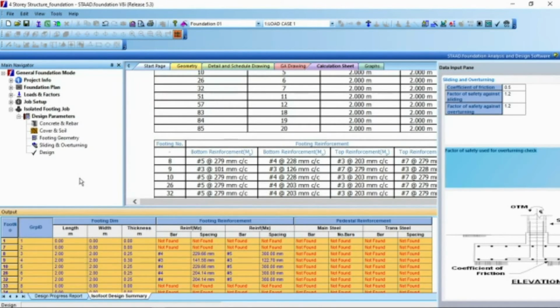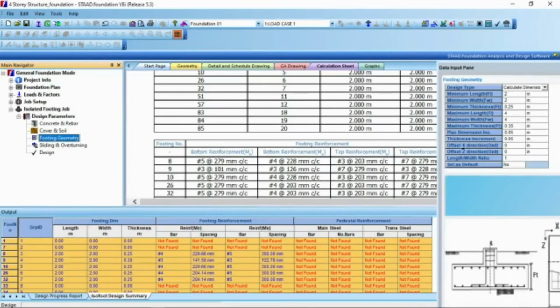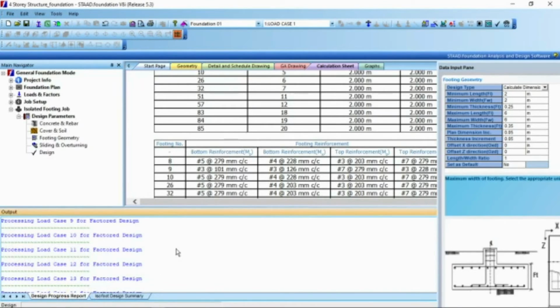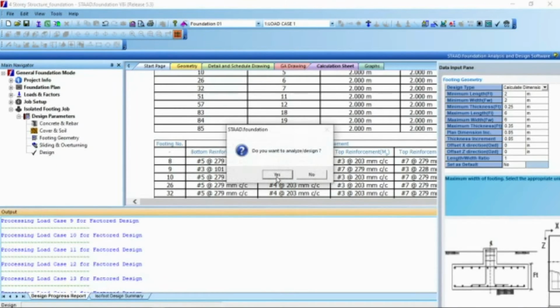So we will check for this one. So let's go to plotting geometry. So instead of maximum length and maximum width, change it to 5. Let's see what happened. 5 meters. Or let's just have 6, because if we were going to fail, we will do it again. So let's go to the safe side, 6 meters. Let's go to report, then have it designed. Proceed to